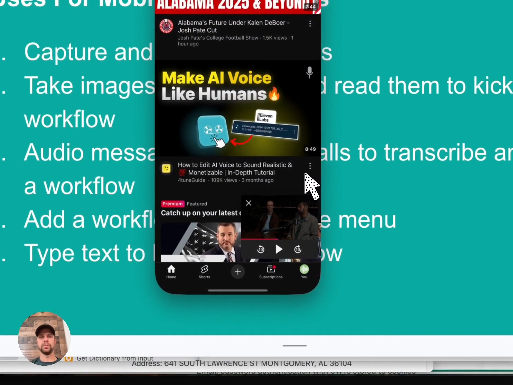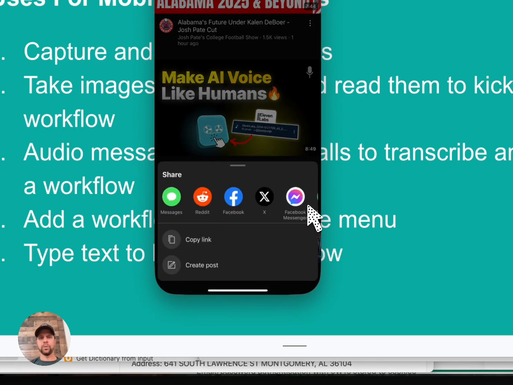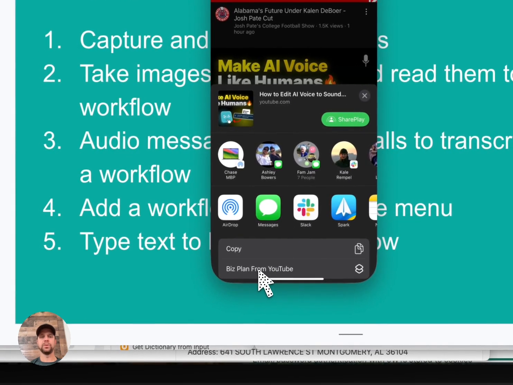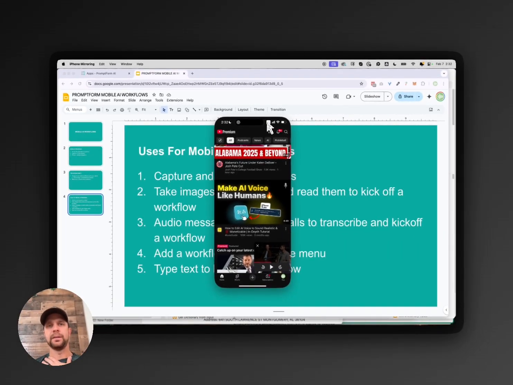So I'm going to go to YouTube here, and I'm going to take this video here, and we're going to share it. And I've incorporated this into my share menu. So I go to more, it says Biz Plan from YouTube. Should be able to click this, kick off a workflow up here, and it is just kind of running that in the background. So it should take about 30-45 seconds to go through this process, and hopefully it will have